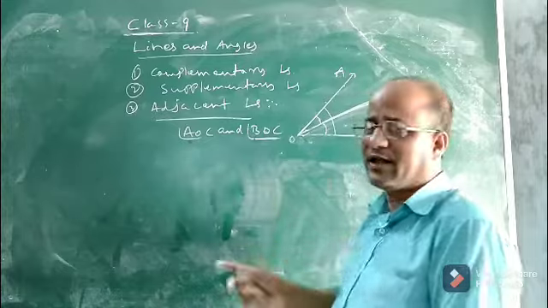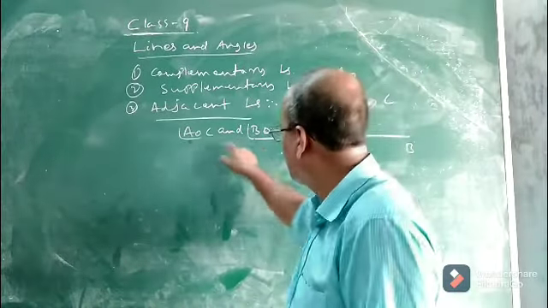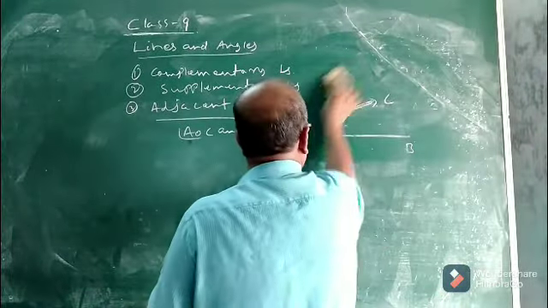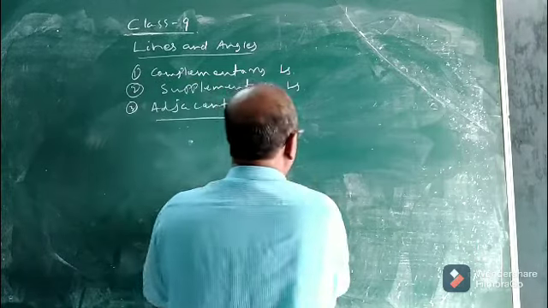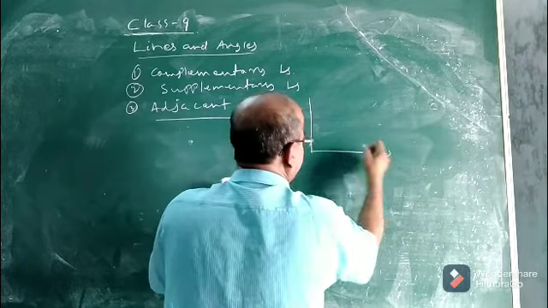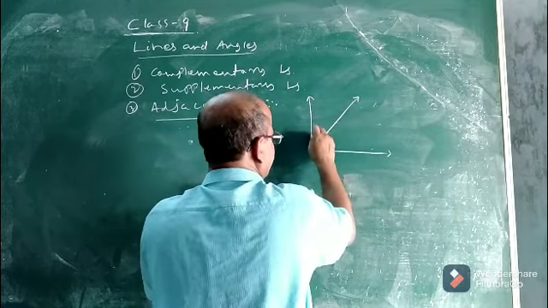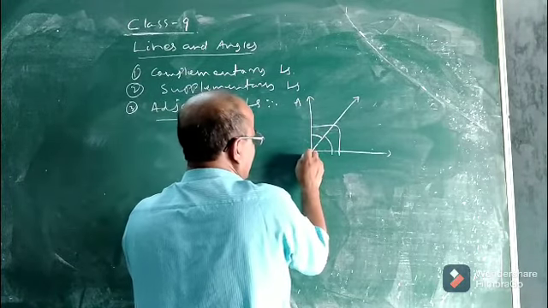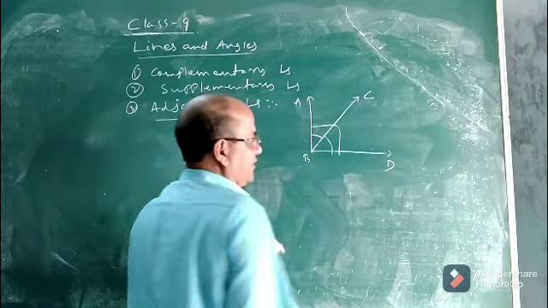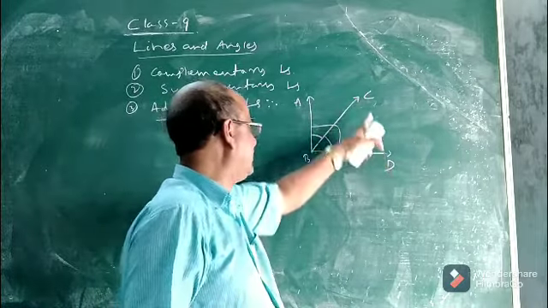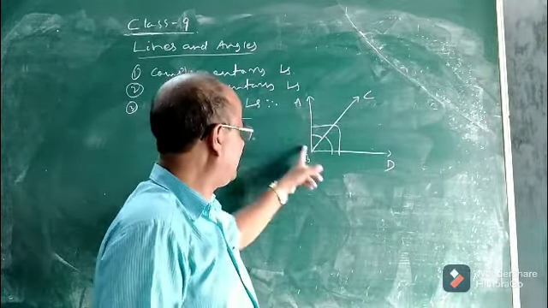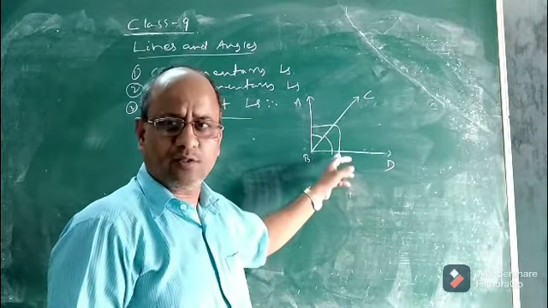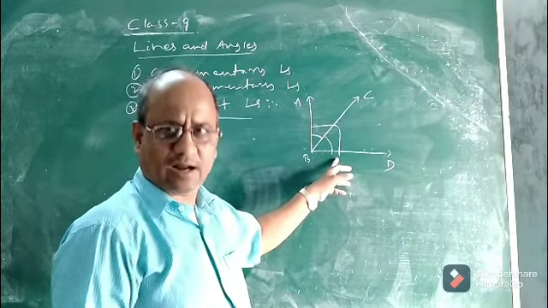So, as these two angles satisfy all three conditions, we say that these two angles are adjacent angles. Okay. Now, I will give you another example. Look at this figure. Suppose you are given a figure like this. You see this angle, and this is 90 degrees suppose. In this case, suppose A, B, C and D. You see angle ABC and angle CBD. The question is, do they form a pair of adjacent angles? I mean, are they adjacent angles or not?